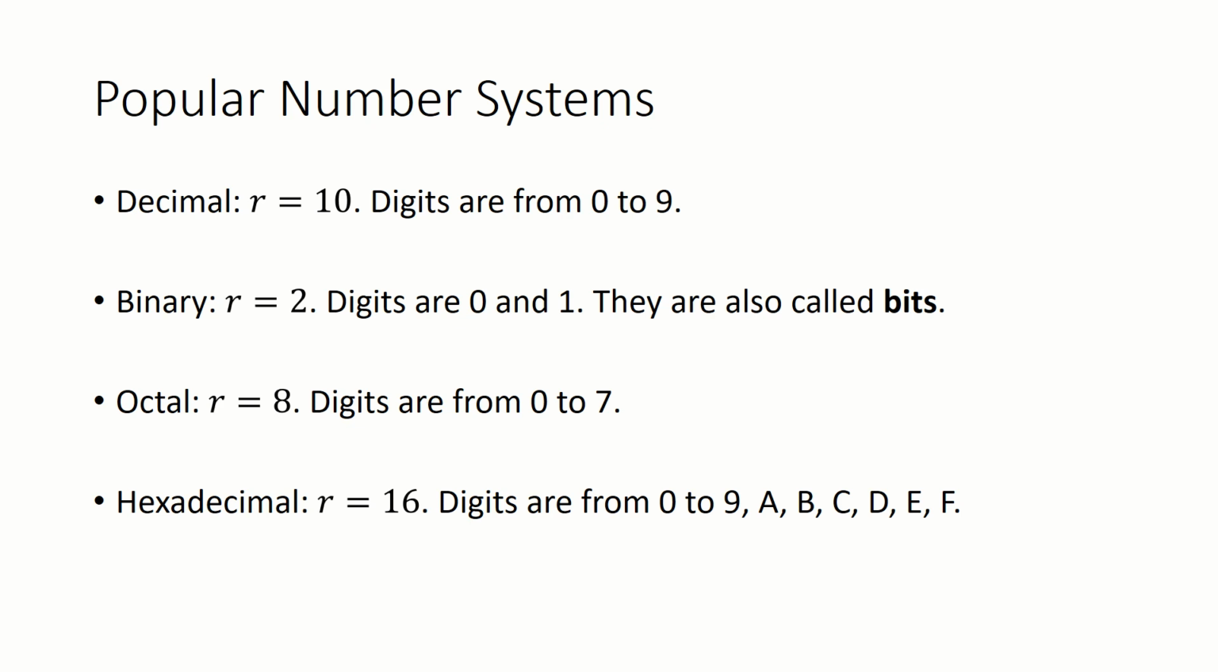However, we know that after 9 normally we do not have a symbol for 10. We write 10 as 1 0 in decimal. So, we do not have a symbol for 10 as such. So, what we do, we write the alphabets starting from A in order to represent the quantities 10, 11, 12, 13, 14 and 15, and we use the symbols A, B, C, D, E, F. So, this A is basically 10, B is 11, C is 12, 13, 14, 15